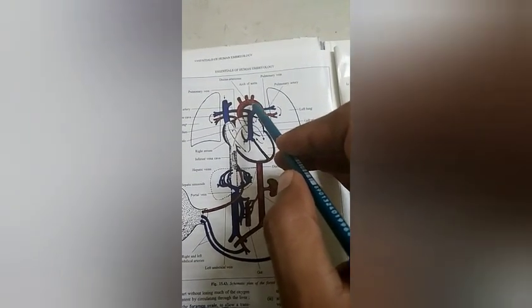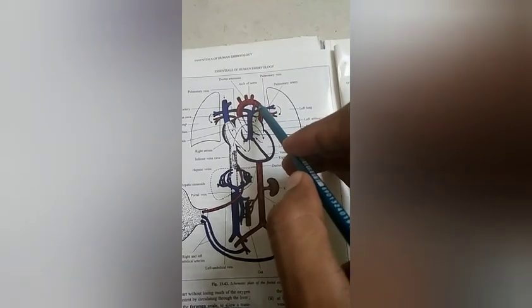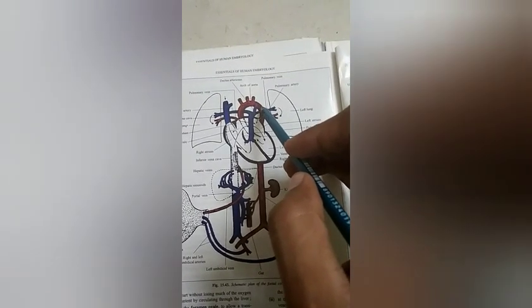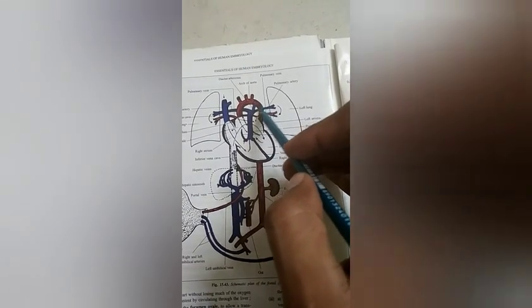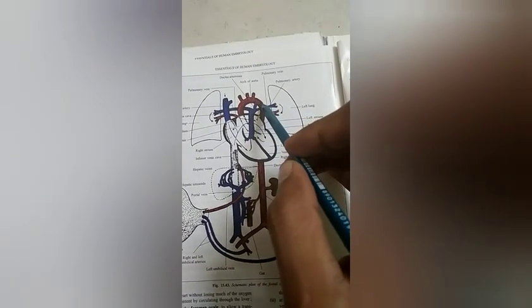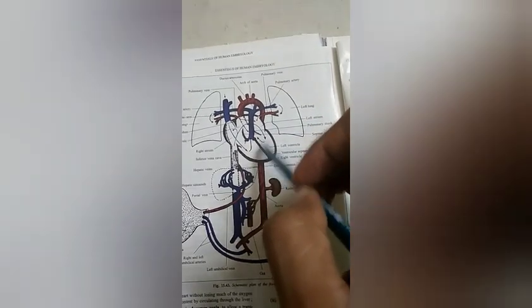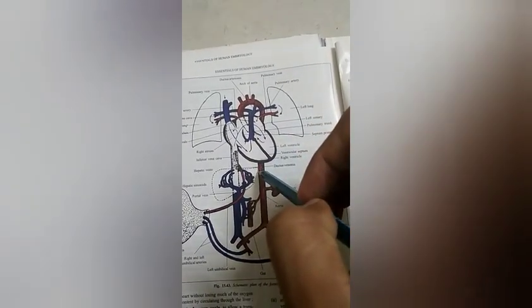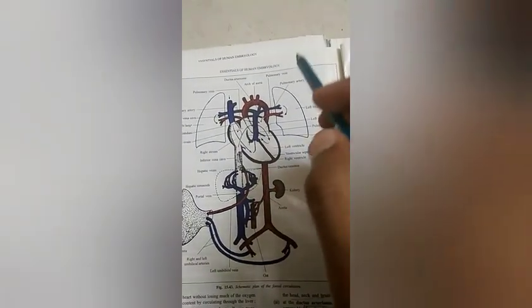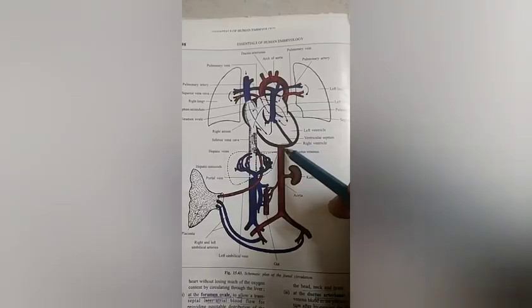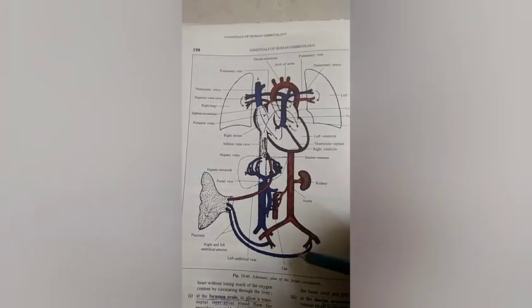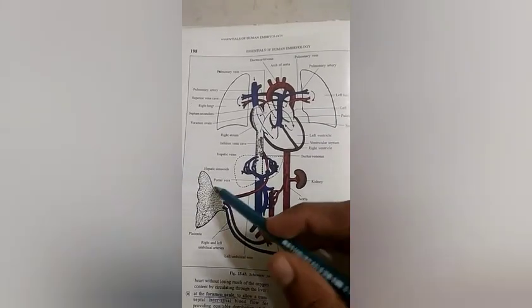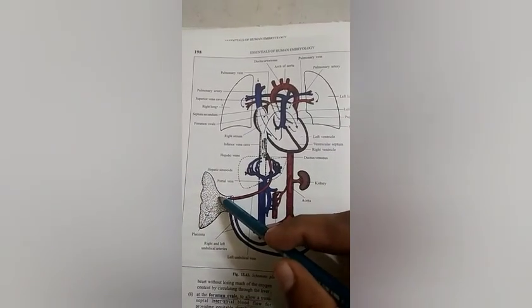whereas as this blood goes past the opening of the ductus arteriosus, it gets mixed with the deoxygenated blood which came through the ductus arteriosus. So the lower part of the body receives comparatively less oxygenated blood. This blood via branches of the aorta enters into the umbilical arteries and returns to the placenta.